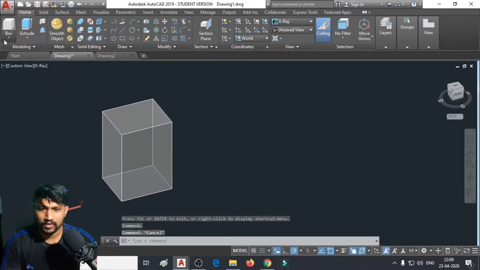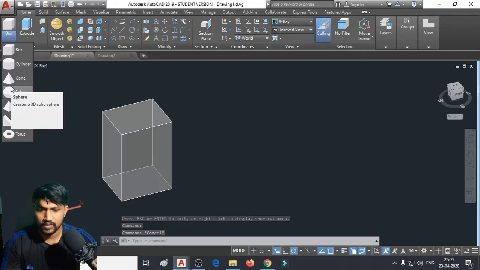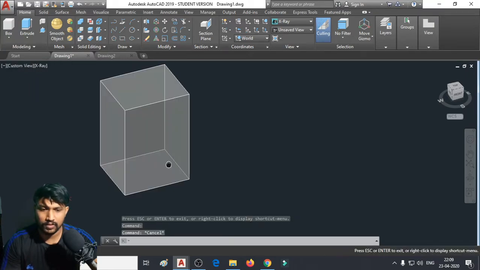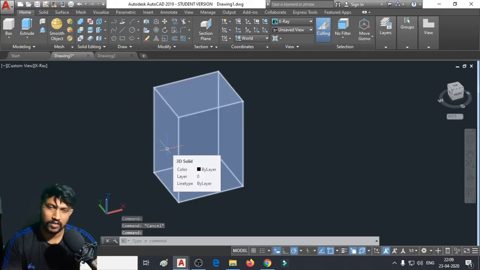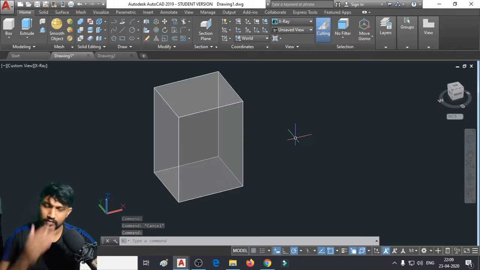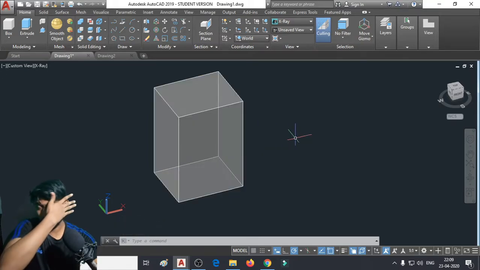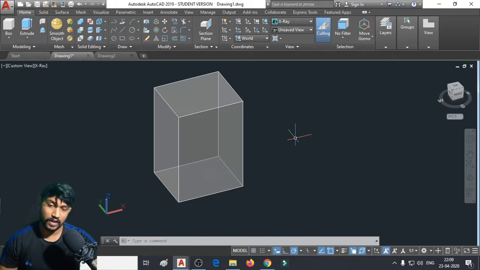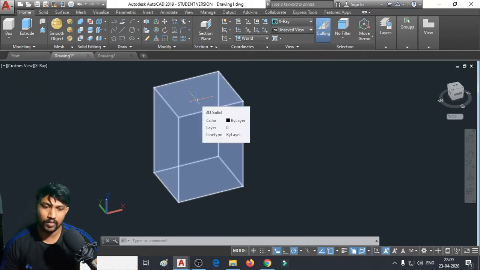Let me show you the difference between these. Right now this one is a prism or a pyramid. What's the difference between a prism and a pyramid? A prism will have the same lamina at both the top and bottom sides.